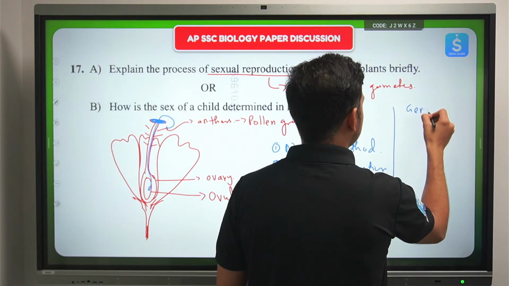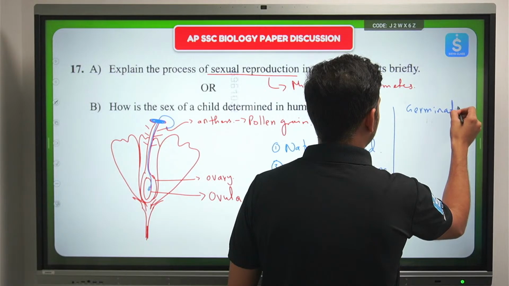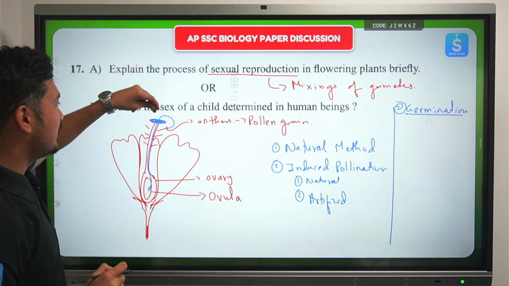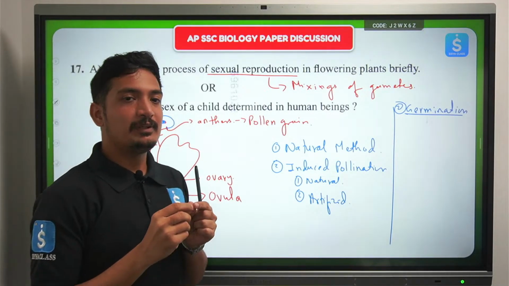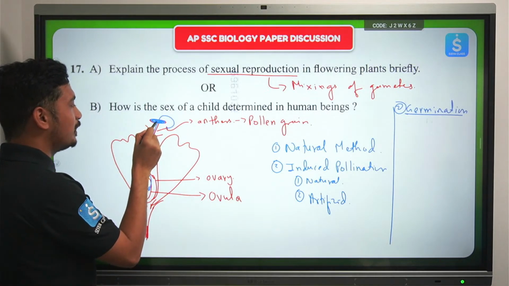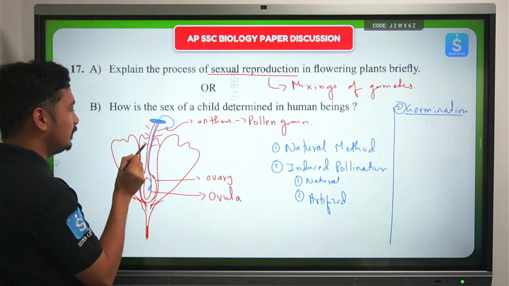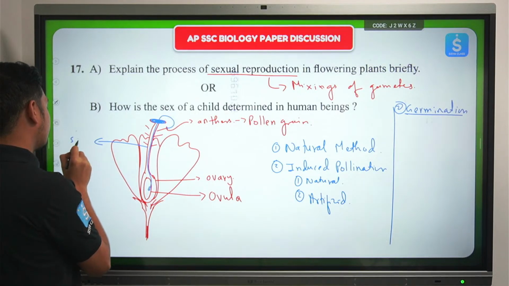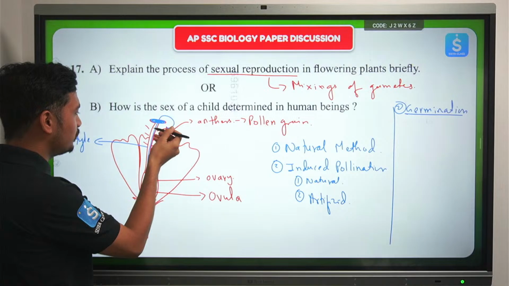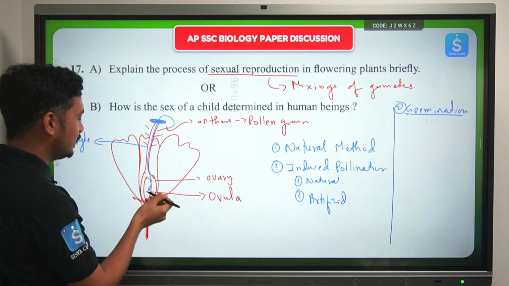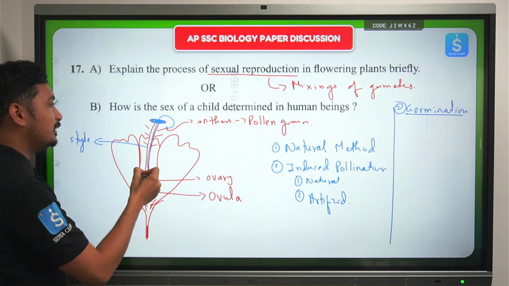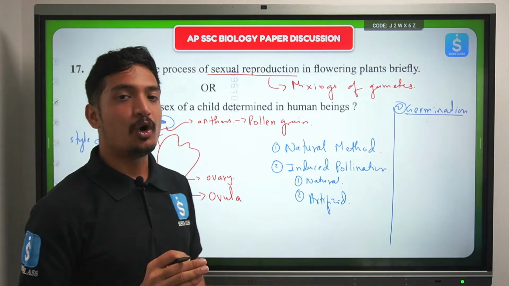What happens in germination is that the pollen grains which are settled on the stigma will create an outgrowth, and this outgrowth will move from the stigma all the way up through the style, and by the way this tube is called the style. It will create a tube-like structure inside the style, and then it will go and fuse with the ovule, right? Now this tube that the pollen grain creates is called the pollen tube, and from